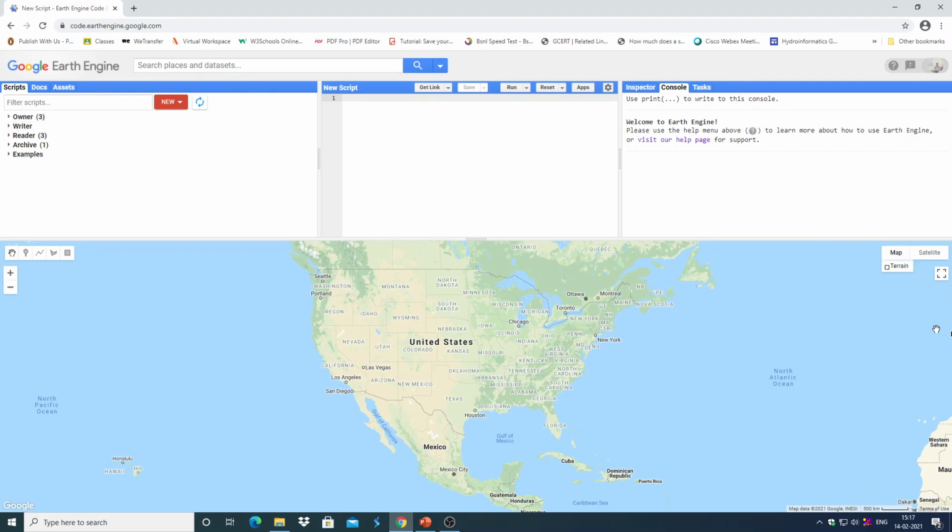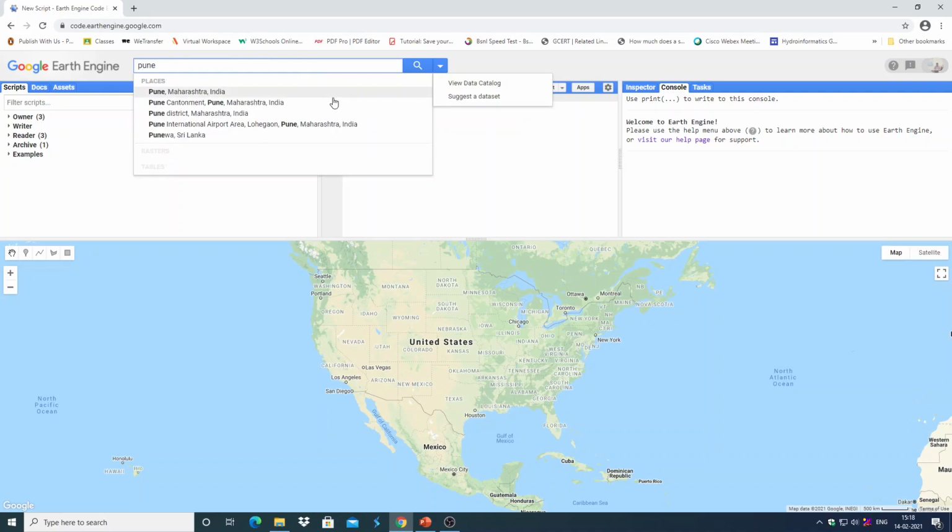The map canvas area by default points out to United States of America. It displays United States of America. Now to get to any point of your interest, you can search the place here in the search bar. Let us say I am searching for Pune, Maharashtra.